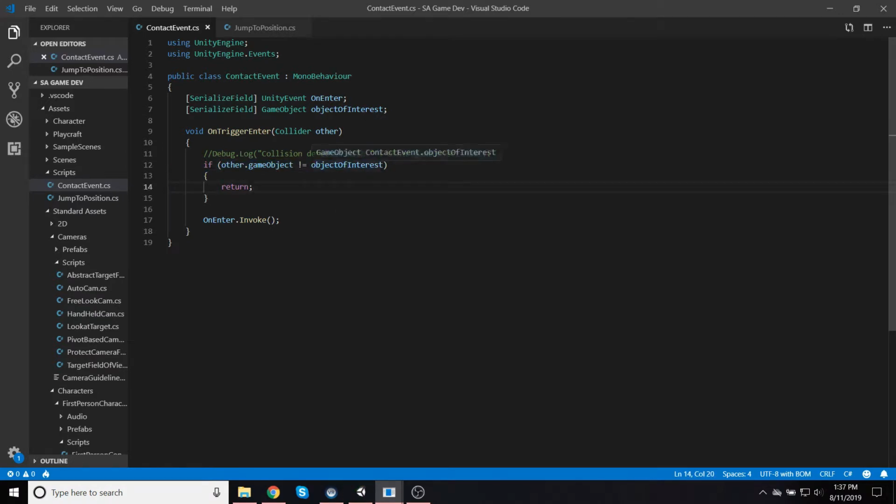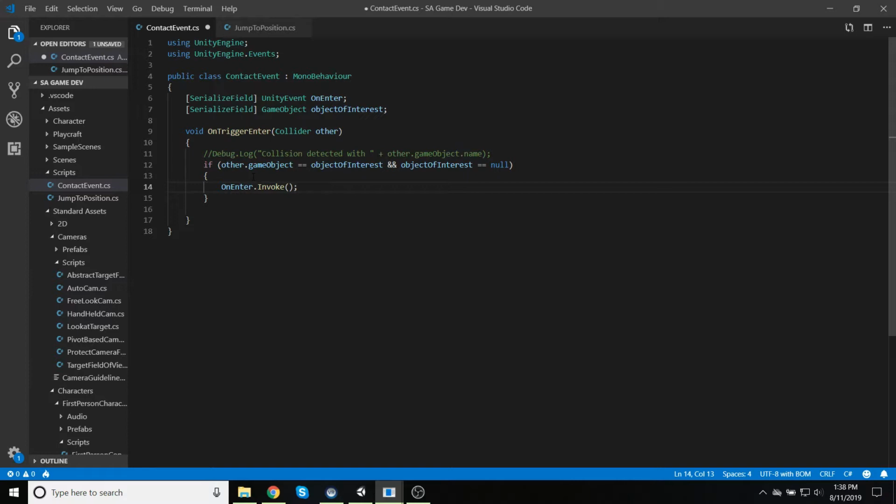I'll just add to this logic right here, object of interest not equals null. But now that I'm actually looking at it, I can show you another way of doing the same thing, which might be a little bit easier to read. Instead of this not equal, and then return early, I'll instead just give us a little bit of practice with our logical operators here. Get rid of the return line,